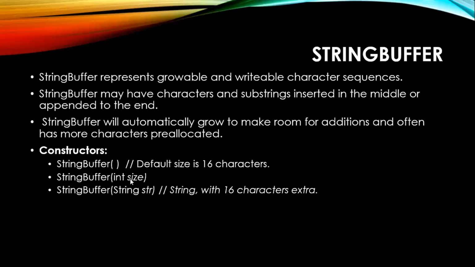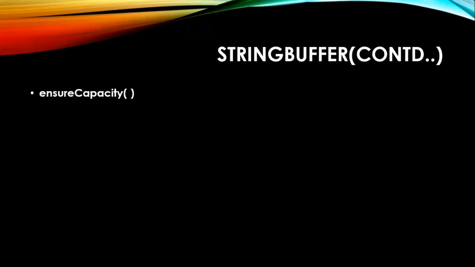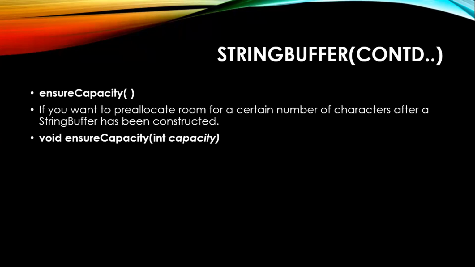So when you already have this particular constructor for ensuring a size, that means a capacity, then what is the purpose of this ensureCapacity? I mean to ask, what is the difference between that constructor and this method? Any answers? I'm expecting some answers. No answers. Did I at least ask a valid question? When you have a constructor already, why do you require this method for ensuring the capacity? Seems valid. Now read the statement carefully.